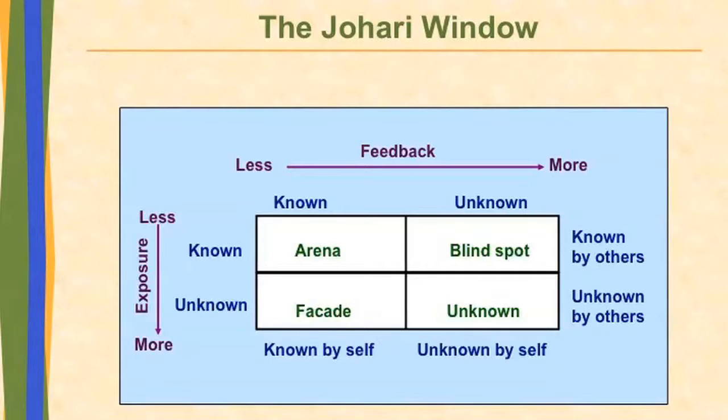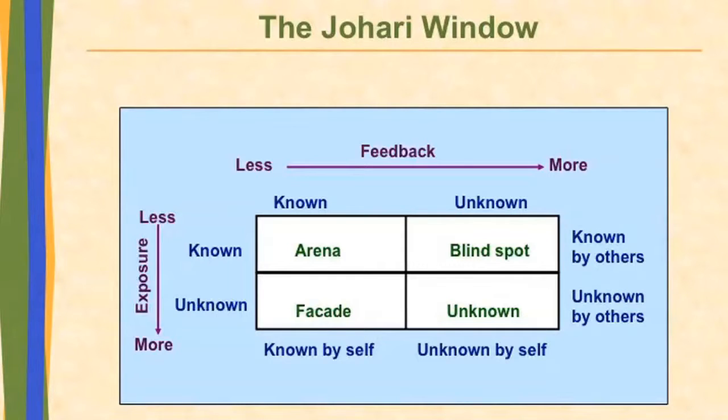One of the models that is in your book about communication is the Johari window, and if we go to the next slide, it shows you some of the things about if you look at it in your book about areas that are known by the self and known by others, and they refer to these as the arena where you know who you are and others know who you are, and the blind spot where